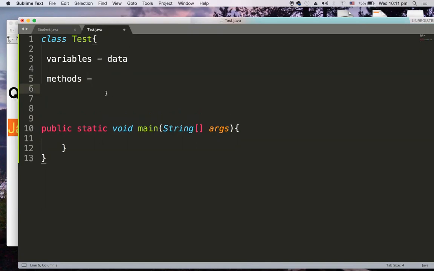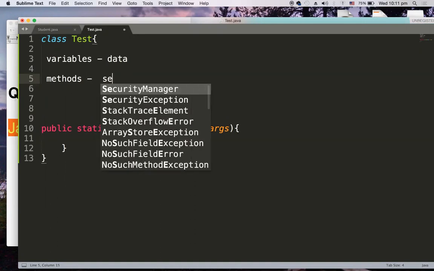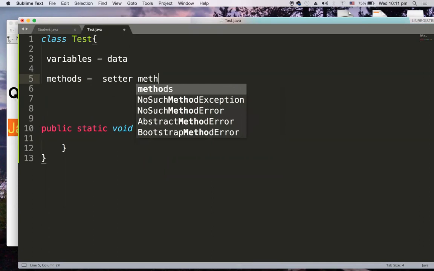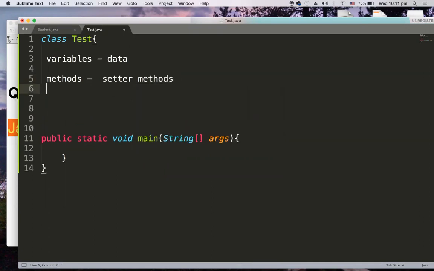For methods, there can be two kinds of methods. One is setter methods, and the other kind is getter methods. What are setter and getter methods? Setter methods are the methods which set values to your object.